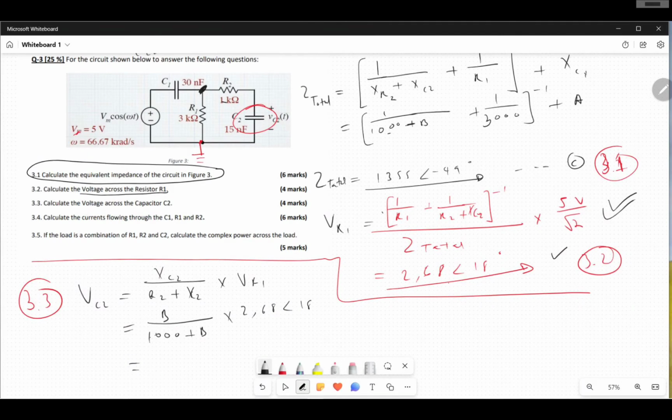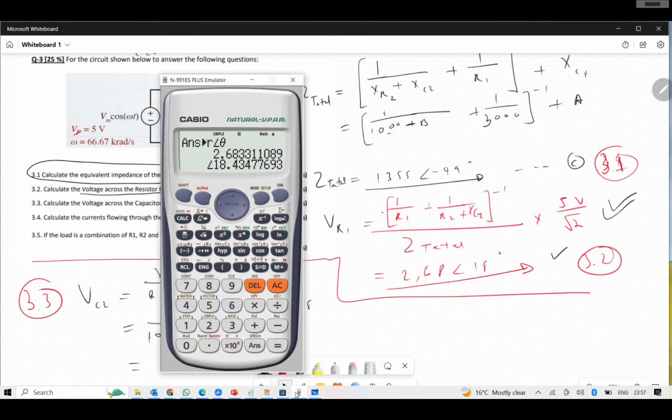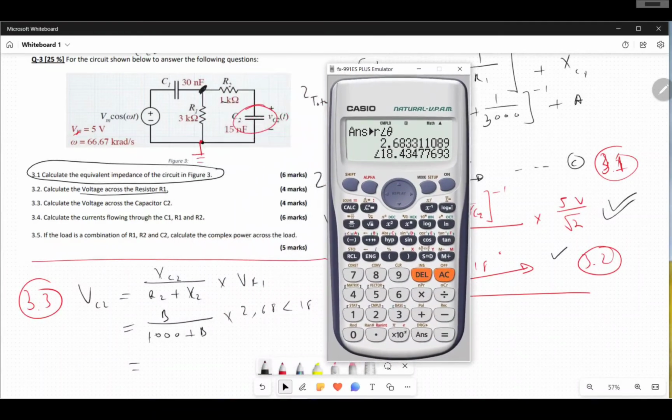Then if I put this in my machine again, I should get the same correct answer. Let me say I shift store this answer at D for some reason. Okay, so I'm going to say whatever the answer that I have at D multiplied by alpha B all over 1000